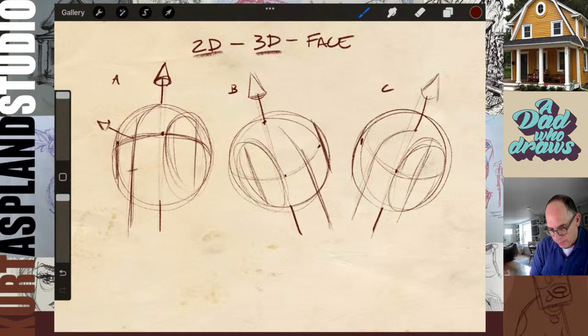We're going to go right about there, and then our chin's going to go right about there. Brow line, come down about halfway, and then, ooh, that's going to be a very long face. Halfway. I'm going to go right about there. That bottom mark is the bottom part of the chin.